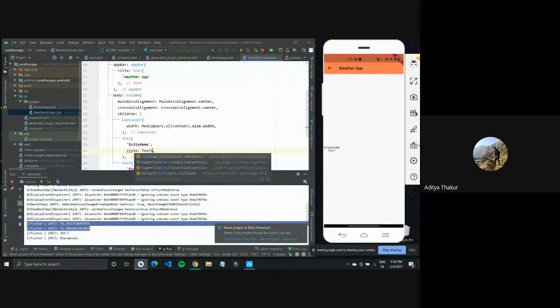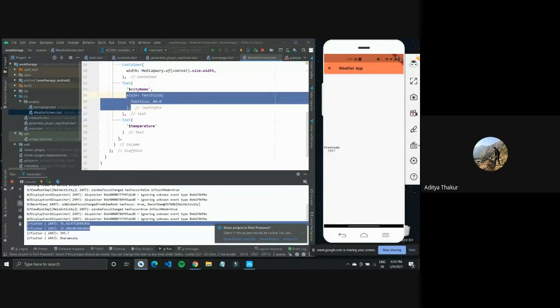Give it a text style property and give it a font size. So you can increase the font size and font weight. You can make it bold and all using the text style property. Similarly, you can define it for temperature as well.